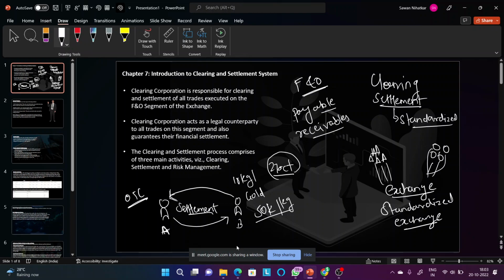Now in terms of the exchange, what happens is it has to collect money from the different sellers, also in the form of margins. In case of buyers, it also needs to collect money from all the buyers as well. So in that case, it needs to keep a record of all that money which it is receiving and what it is going to pay. So again, a very standardized and very robust clearing process is also required in that case. So this is what we are going to discuss in this chapter.